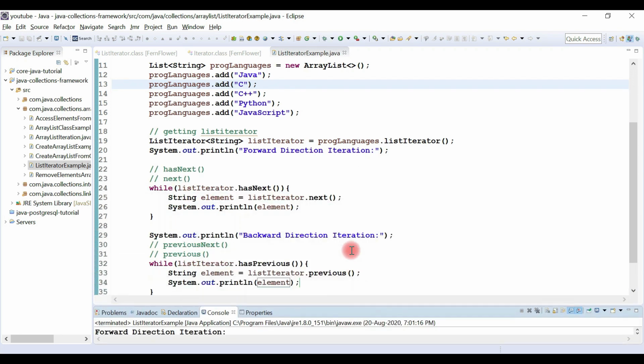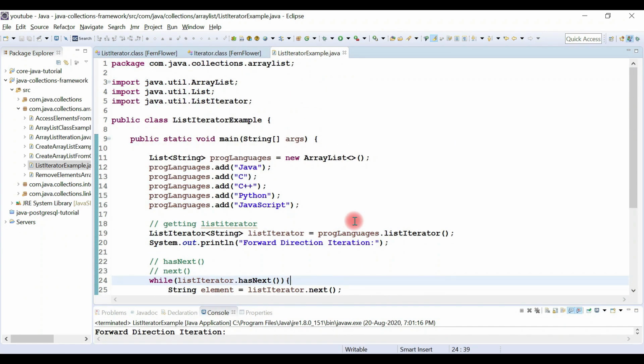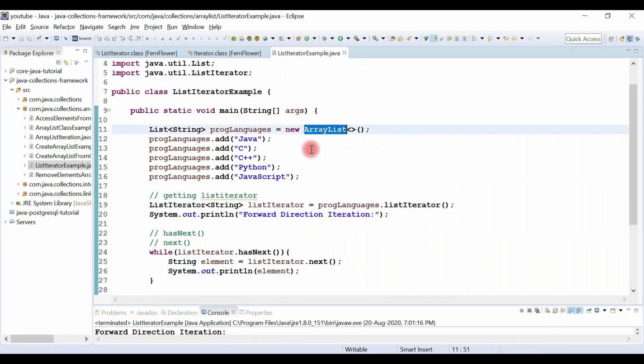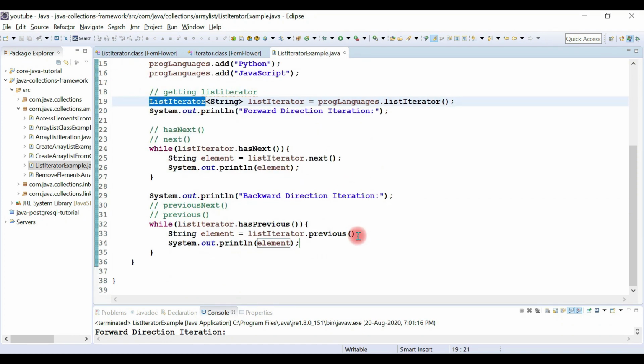So this is how we use a ListIterator to traverse an ArrayList in forward and backward direction. Instead of ArrayList, you can also use LinkedList, Vector, Stack, etc. And this is a very useful interface to traverse a list in both directions, forward and backward.